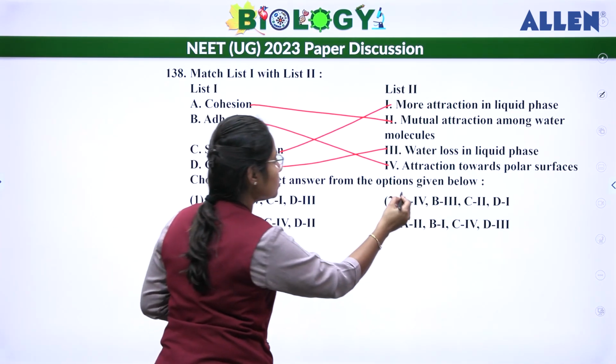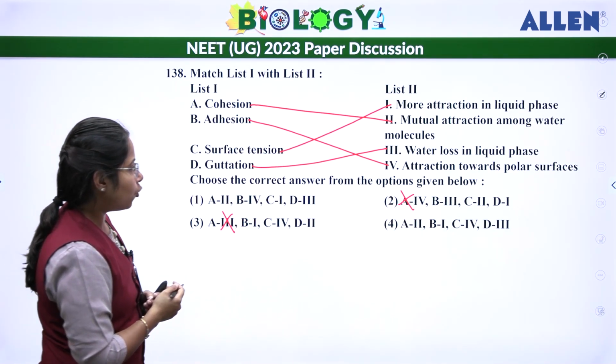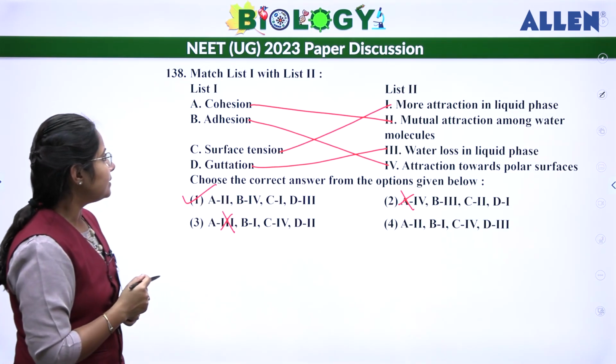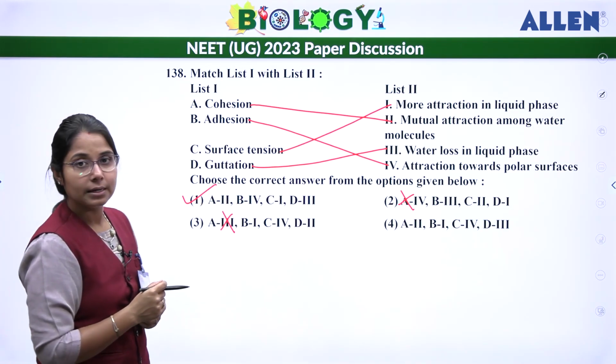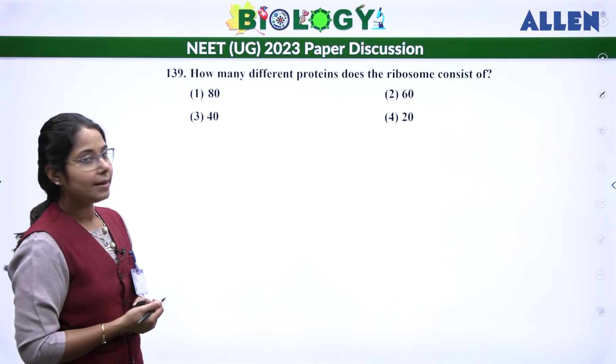So A is 2, so this gets negated as well as this gets negated. B will be 4, so again this option. C will be 1 and the D will be third. Right. So option 1. Next,